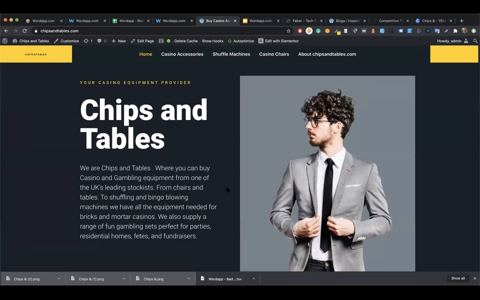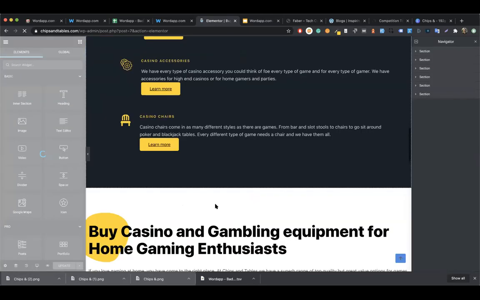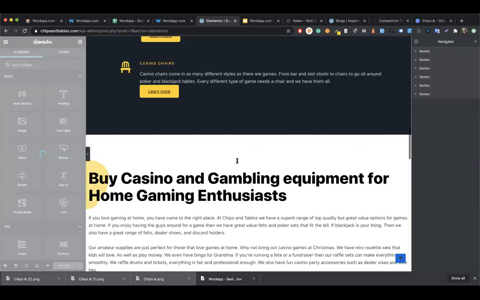Okay, so this is the home page. I mean, there is a couple more pages left. So the sub pages will all basically have the same type of content, so the same template. So you can do one page template and actually clone it on the other pages. The way you can do that is, if you edit with Elementor, at the very bottom of the page there is something where you can save templates and actually import them later on again. So at the bottom here, I can do